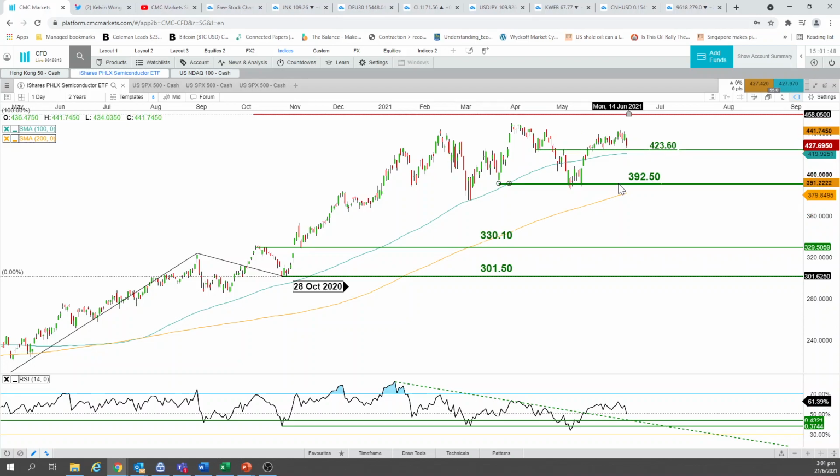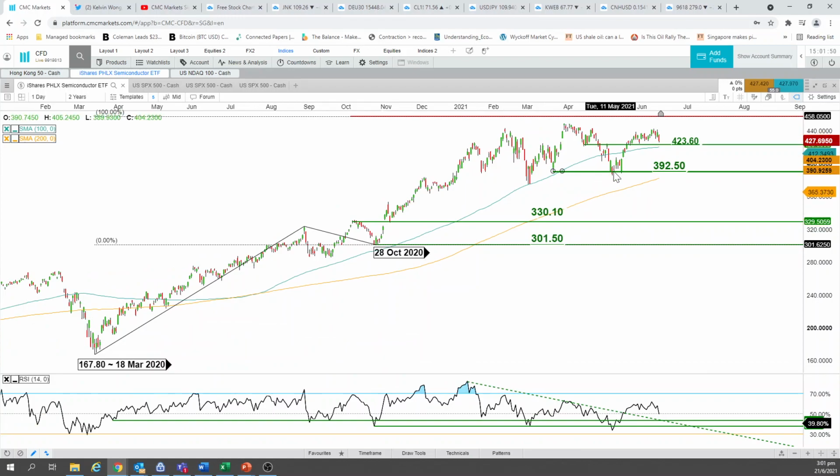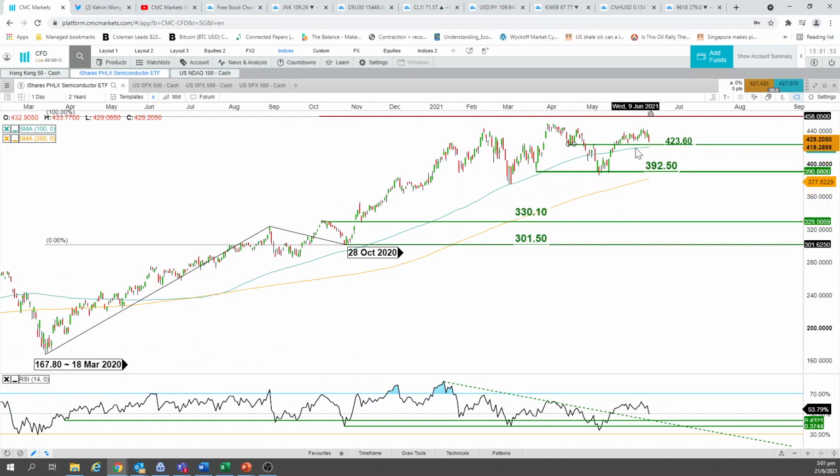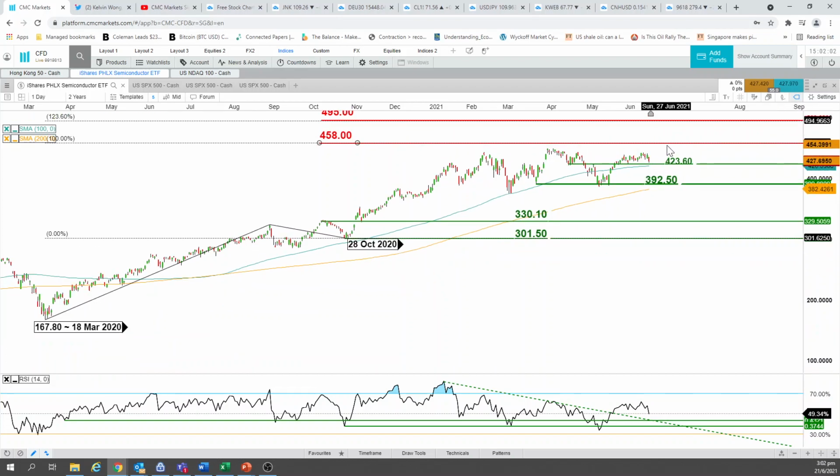So over here, nothing drastic to say that the trend has really changed. It's more likely a sideways phase. If the index managed to hold above 42360 for this coming week, it may slowly churn upwards to form a higher high, potentially targeting the first resistance at 458 level. All right, RSI also no change, still holding above the key support level at 43 and 36% level. So nothing scary on the US semiconductor ETF that indicates we may start to see a major risk event for the coming week.